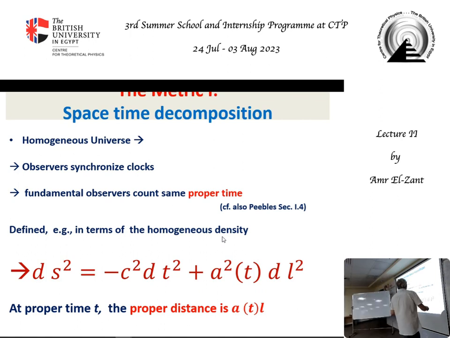Why can you have an absolute proper time? Because of the constant density as a function of time, observers can agree on the time by measuring their density, or more precisely from the temperature of the cosmic microwave background, which we'll discuss next week, for example. So if I'm here and I measure 3 degrees Kelvin and somebody there measures the same, or I measure some density and somebody measures the same, we can synchronize our clocks this way. Okay, so you can separate the time component and a space component.